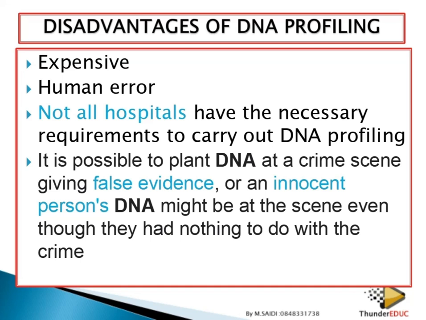DNA can be planted. Once they find DNA at the crime scene, you'd have to explain why your DNA is there. Or if someone is sadly killed and raped, they can find semen within that body, and you have to explain why your semen is in the deceased body and provide evidence if you had a